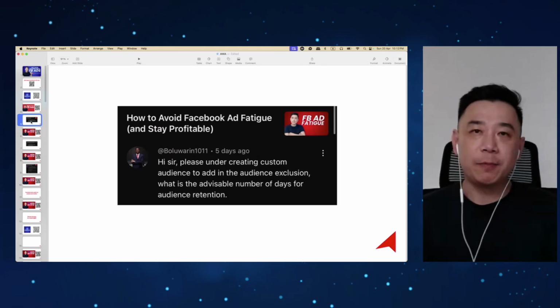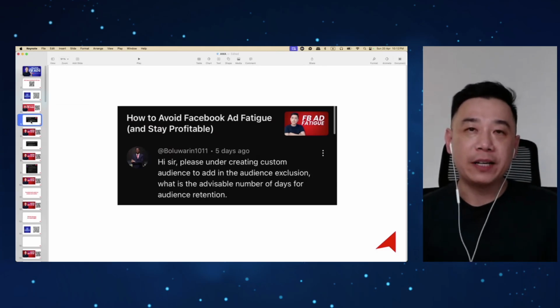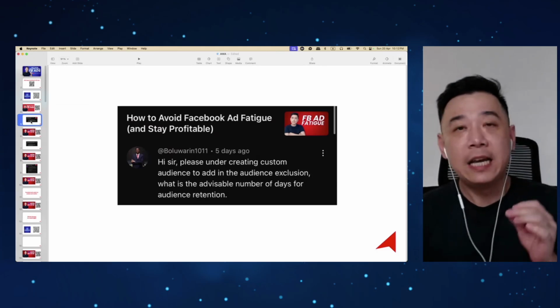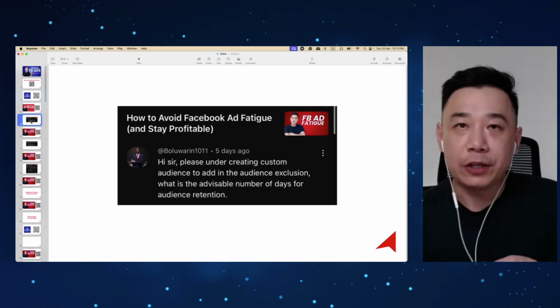If you have never heard of this before about audience exclusion, I really want to bring this up to you. If this is the first time you hear this, it's so important for a few reasons. First,